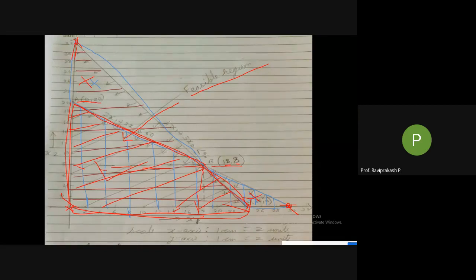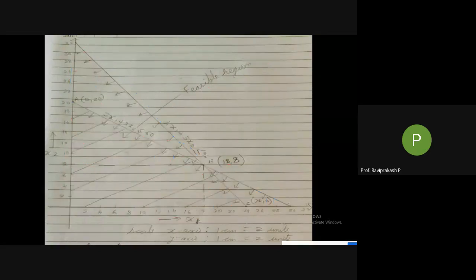So 18 comma 8 is my feasible region. Okay. Any other doubts? Please let me know, I'll remove everything again. Any doubts here? Please, students, ask and clarify it now itself. Otherwise later on you might get too much confusion, and you might even confuse your friend who might have understood it properly. Okay, no doubts.